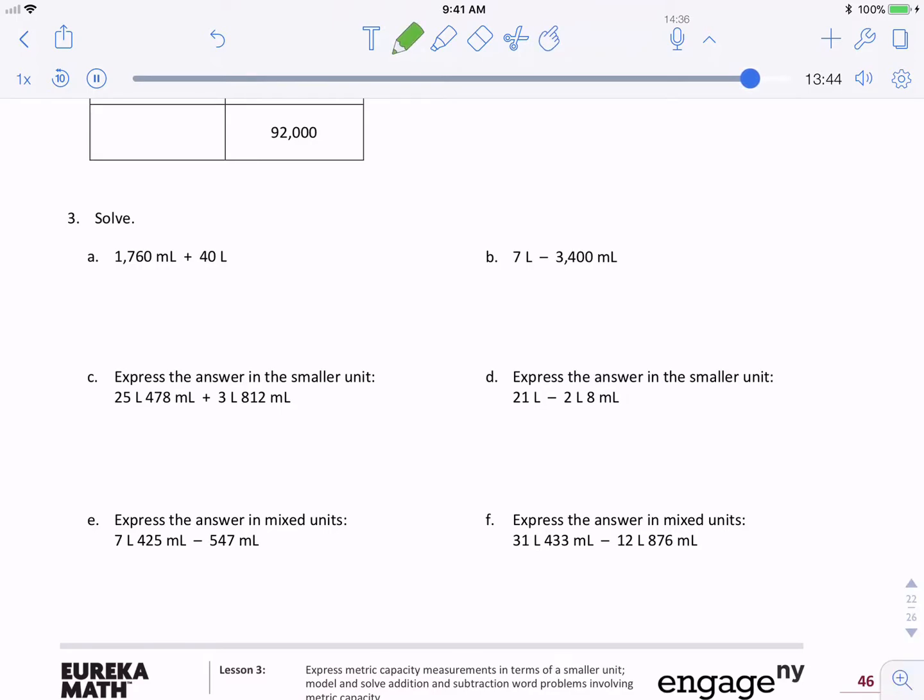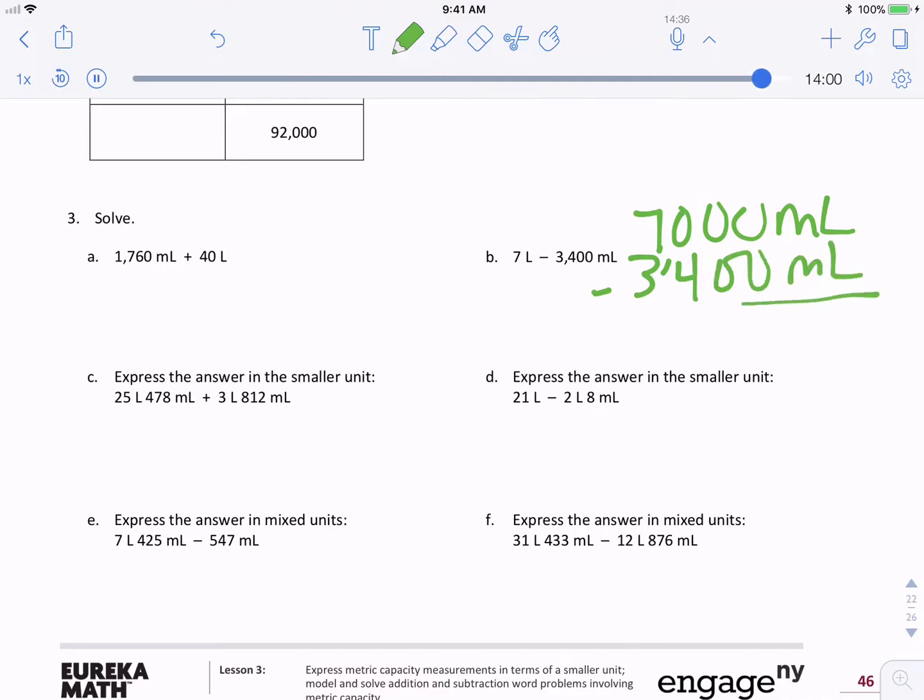I could set them up the way I set them up yesterday, or I could just start by saying 7,000 milliliters minus 3,400 milliliters. Okay, and on C and D, it says express the answer in the smaller unit. The smaller unit would be